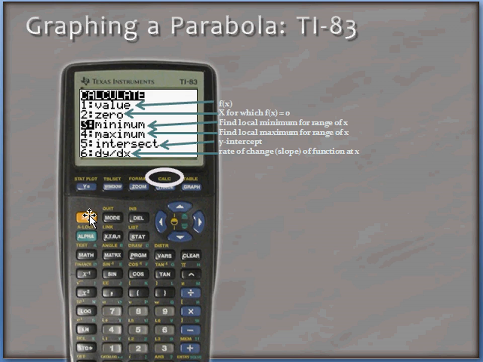Now clicking on our calc button, or rather second and calc button, we can make some calculations on our function. We can find things like the value of a function at a given x value, or f of x for that value. We can find the zero, or the x value for which the function is equal to 0, the y-intercept, or rather the x-intercept, the minimum and maximum values of the function over the course of the domain and range,